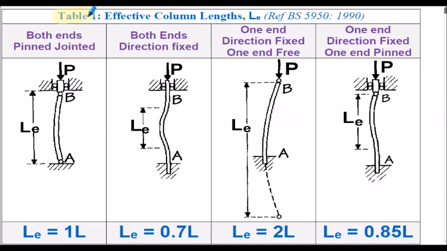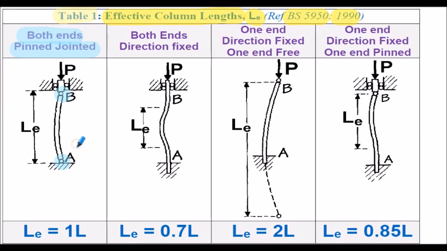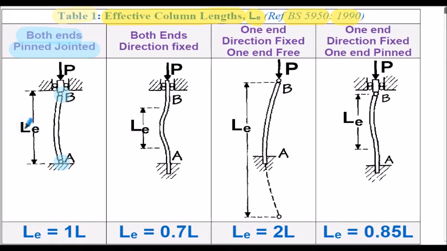So here's table 1 from our notes relating to the effective column length, LE. In the first column, the configuration relates to both ends of our strut being pin jointed. In this case, end A and end B are fixed in direction but free to rotate. In other words, fixed in translation but free in rotation. And the standard states that the effective length for this configuration, LE, is equal to the actual length. So if our actual length of our strut was 2 meters, for example, then the effective length would be 2